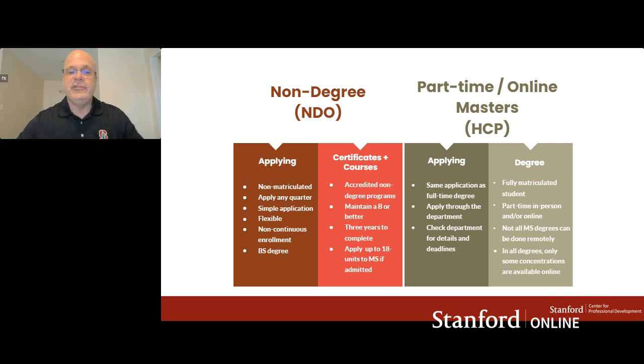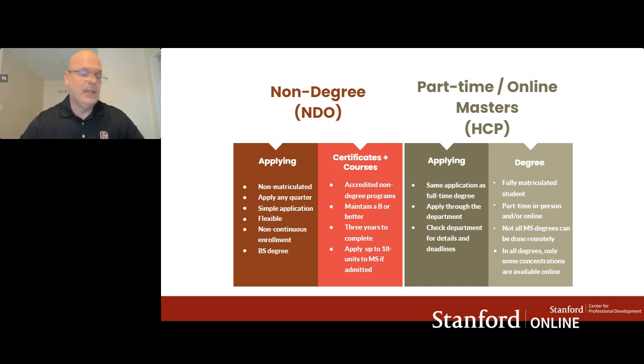So the application for the part-time master's degree is the same as the full-time degree. It's at the point where, if you're admitted to the program, you're accepted into the program, that at that point you can elect, I want to take this in a part-time capacity. Oh, no, I want to take this in a full-time capacity. So that's the difference. We get a lot of confusion about whether the Honors Cooperative Program part-time master's degree application is the same or not as the full-time degree.